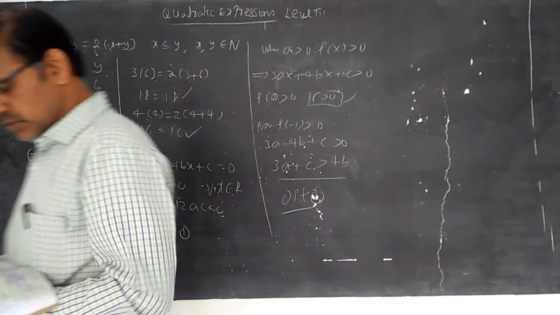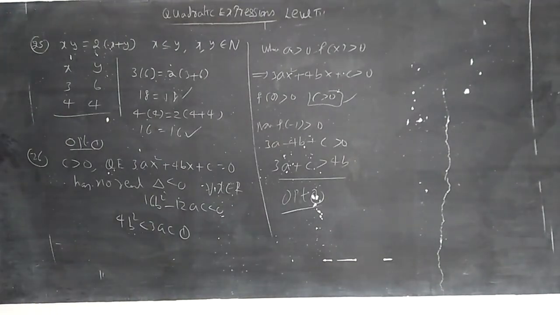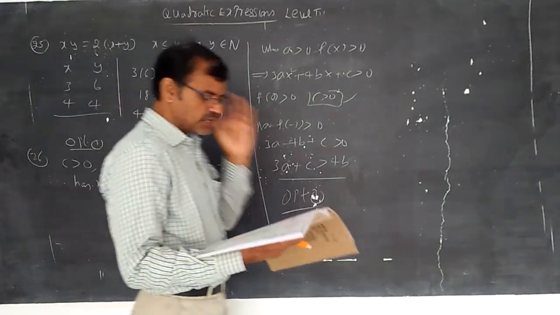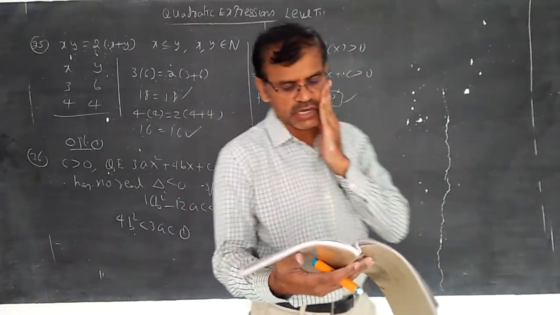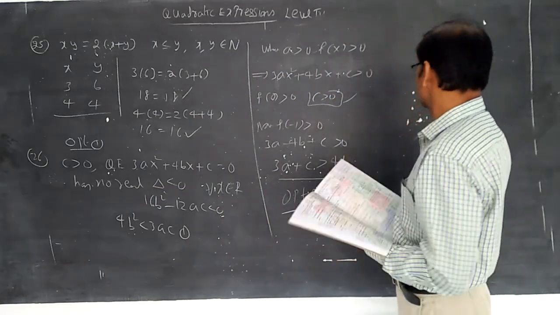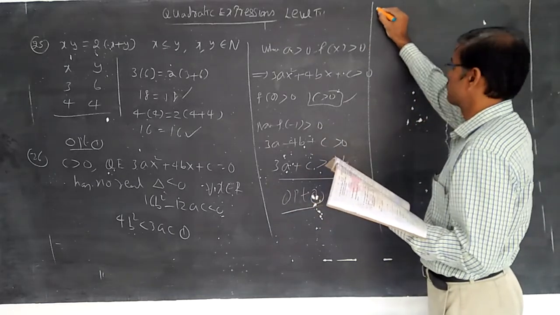27th question. The polynomial equation (ax square plus bx plus c)(ax square minus dx minus c) we have already done in synopsis. Level 3, question 27. I said delta 1 into (delta 1 plus delta 2) greater than 0, then it has at least 2 real roots. I said that concept. Now let us discuss the 28th question.